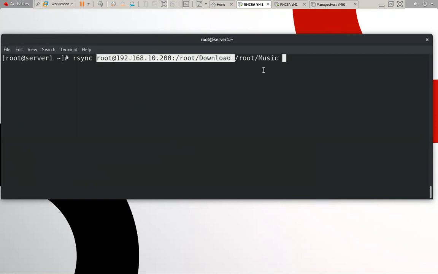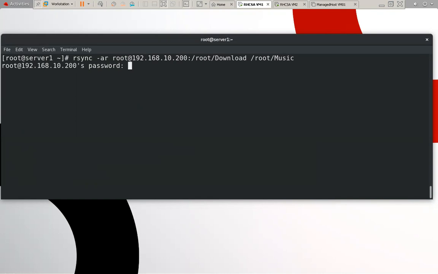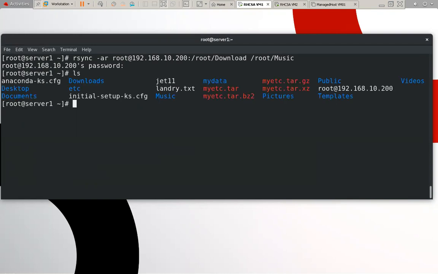So I will use -ar. All data will be copied in this particular location, because this is my destination. So ls music.